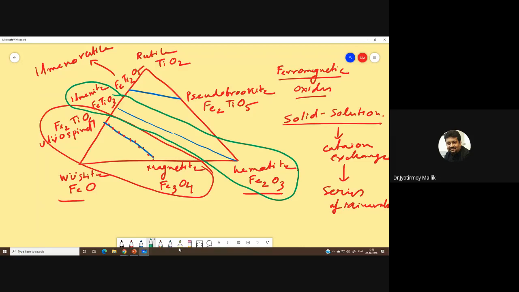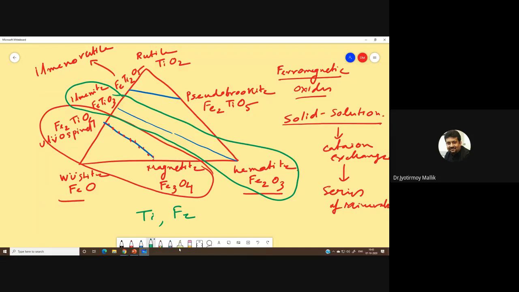Just by exchanging the cation, in this particular case Ti and iron, or having different fractions of these two elements in the cation site, I can create a series of minerals which form the major oxide groups of the common rock forming minerals, and that can have slightly different susceptibility values and Curie temperatures.